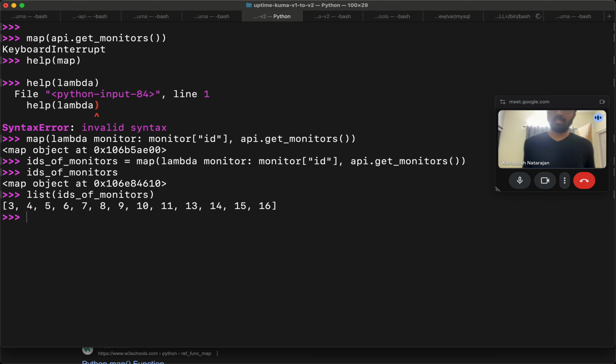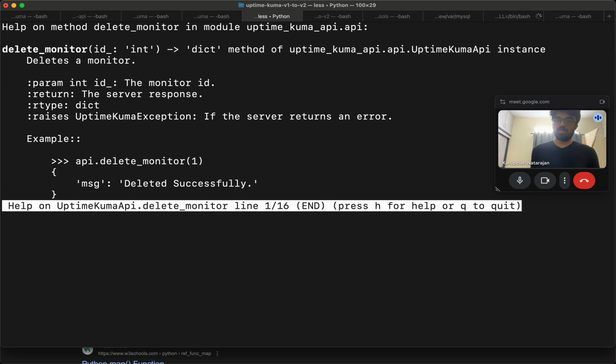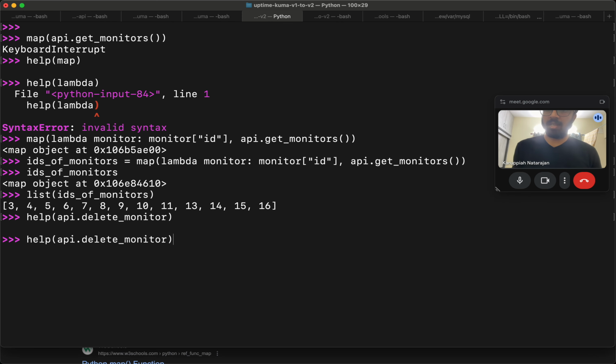So if I get the IDs now, I can actually delete all of them by going through each of them. So help API dot delete monitor, monitor tab, okay, monitor. So delete the monitor. Okay, just delete given the integer. Okay. Dictionary method of the Uptime Kuma instance. Cool. So okay, I can just delete by doing